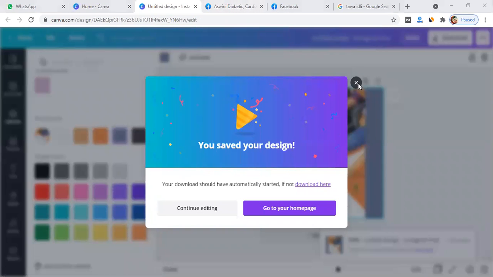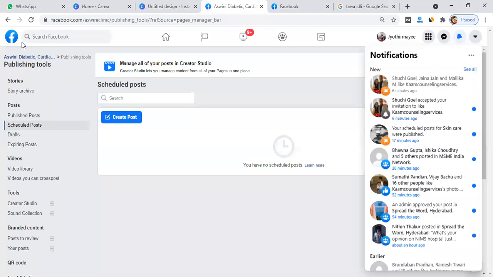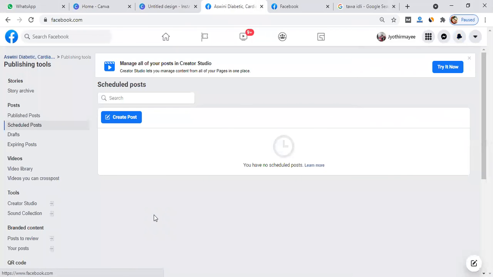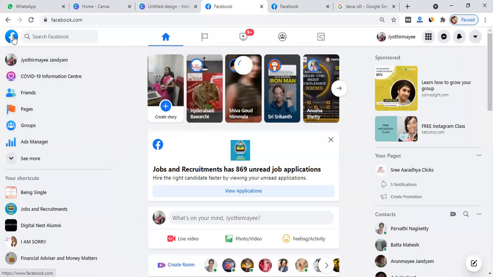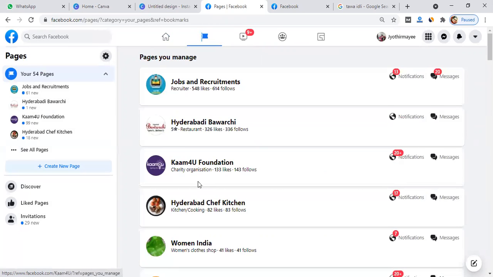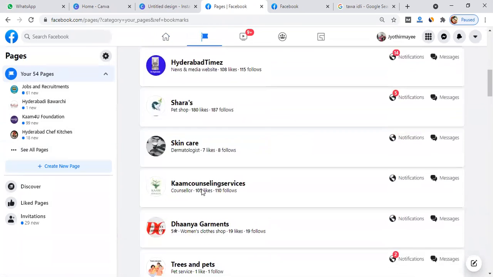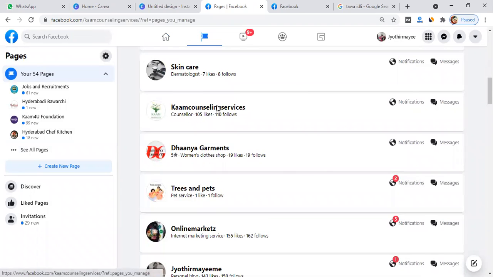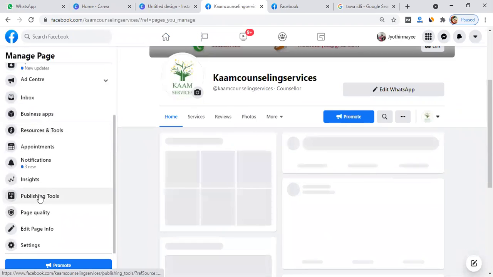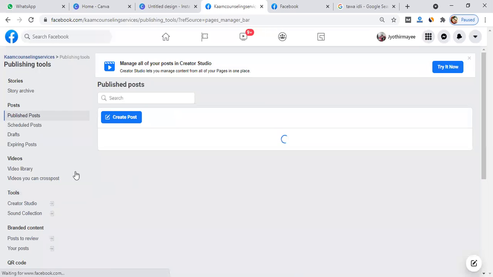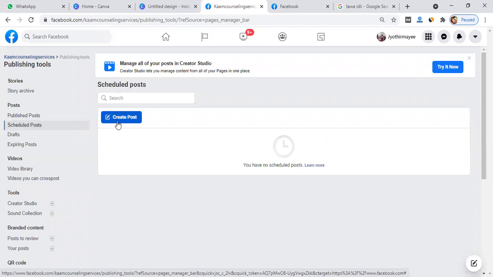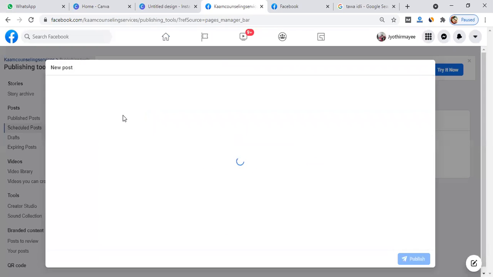Once you have downloaded it, open the Facebook page. This is a Facebook page. Select the page, Calm Counseling Services. Go to Publish Tools, then Schedule Post, Create Post.